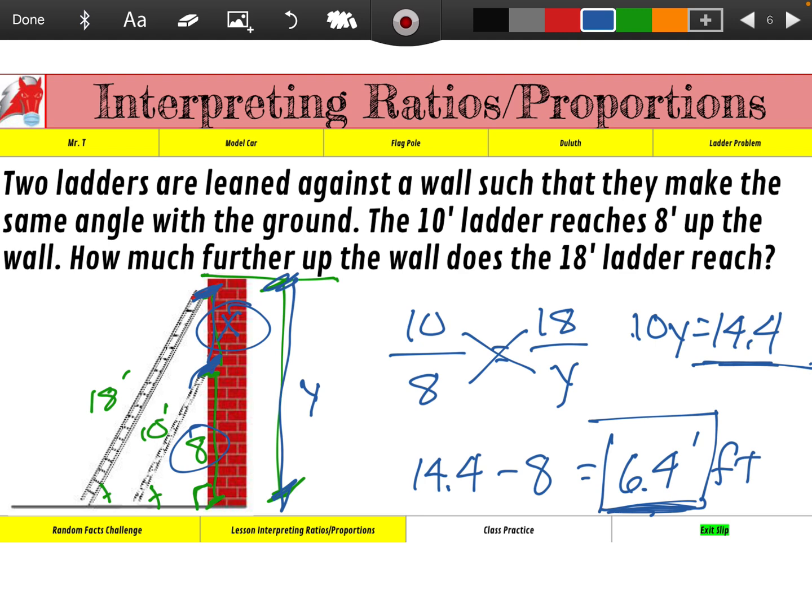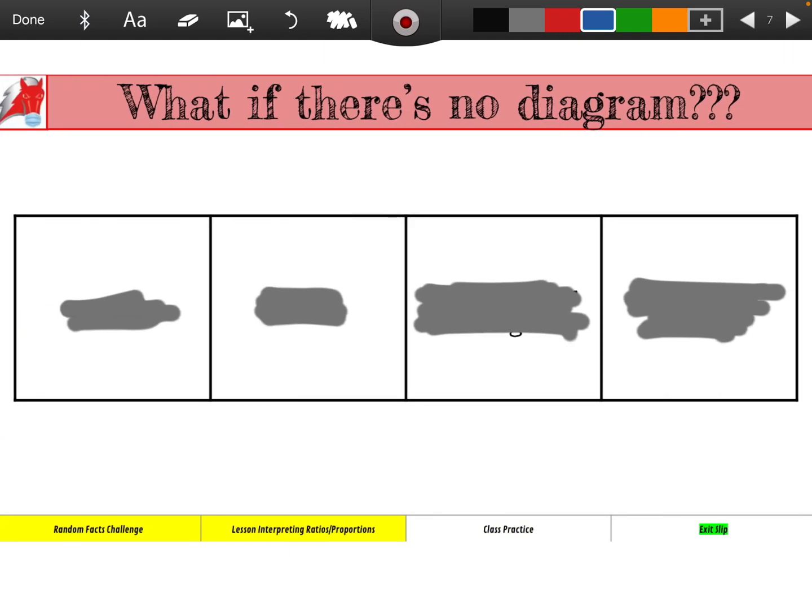Okay, nice job. Last little piece I want to talk about is, well, everything we've had here has a diagram. What if there is no diagram? What if there is no picture? Well, obviously, this isn't in your notes, by the way, so just keep in mind this is just a little, hey, what am I going to do? Obviously, the first thing is you'd want to sketch, do something small where you can get an idea of what's going on. You don't have to be an artist. You just sketch, label your figure when you do that,